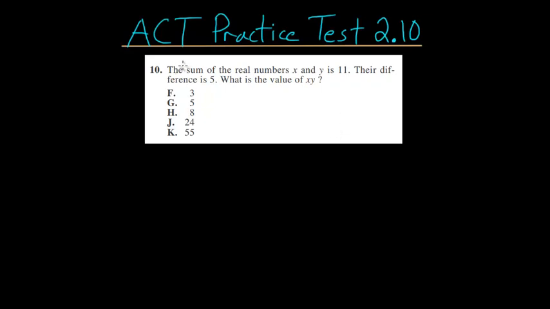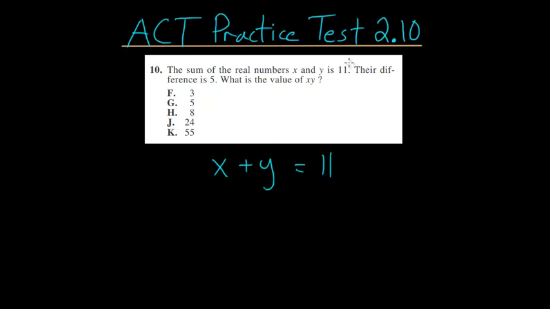So for instance, this first sentence, the sum of the real numbers x and y is 11. So these numbers, x and y, their sum is 11. Sum is the word for addition. So when you add x and y, you get 11. So let's write that. We have that x plus y is equal to 11. So that's our first equation, but we have two variables here. And to be able to figure out what these are equal to, we would have to figure out a second